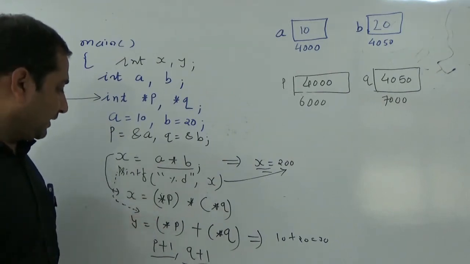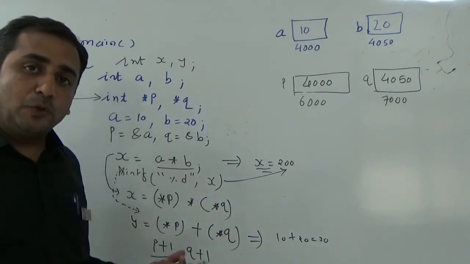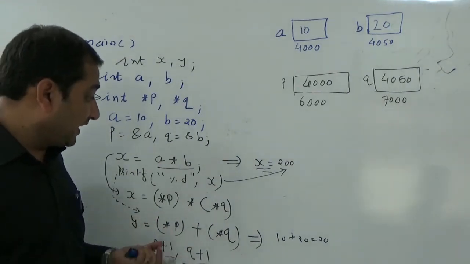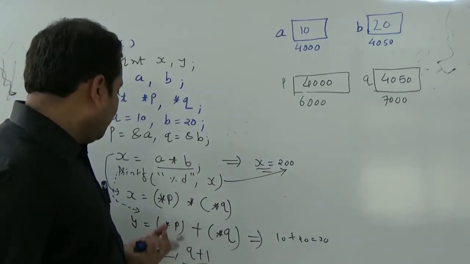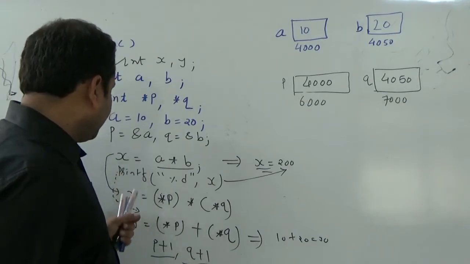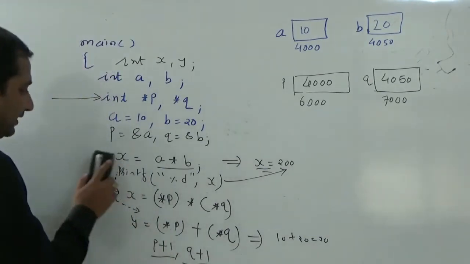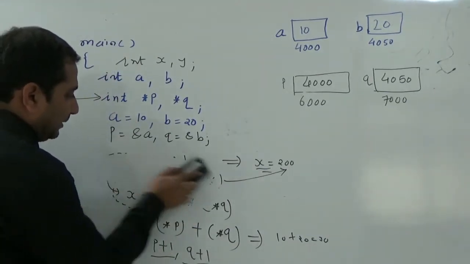So let's say, after understanding the concept of how we can use the pointer in the expression, let me explain what we mean by the scale factor. What we'll do is, in the same program, let me rewrite something. For example, up to this statement, it will remain as it is.